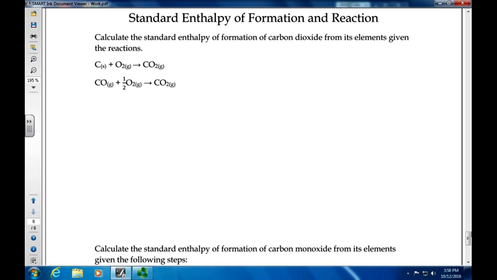And today we are looking at the standard enthalpy of formation and reaction. So what does that mean? Well, what we're basically looking at is